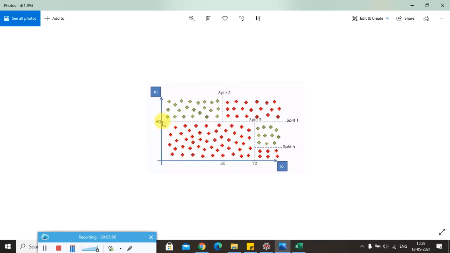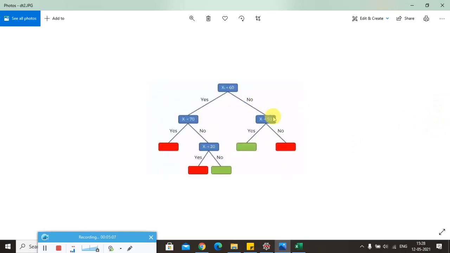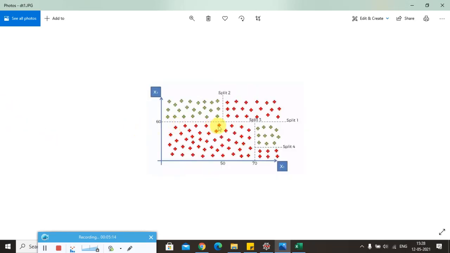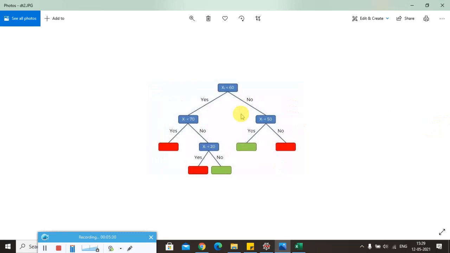So x2 should be less than 60 and x1 should be less than 70, it is red color. If not, it goes to the second corner of the tree and it verifies for x1 less than 50. Whatever the x2 value is, if it is greater than 60 and x1 is less than 50, it is in green color. So in this fashion we will try to design the decision tree.